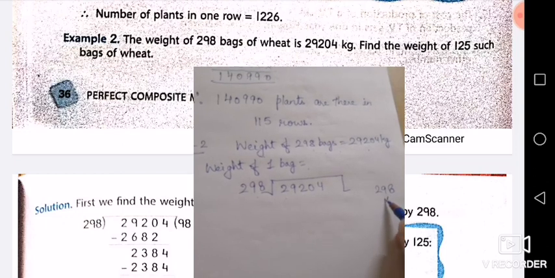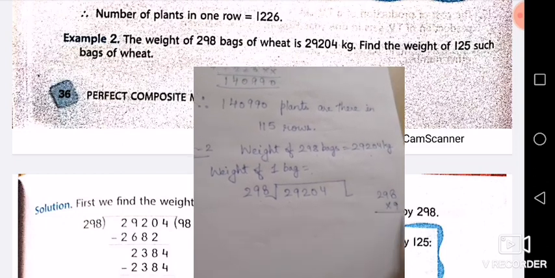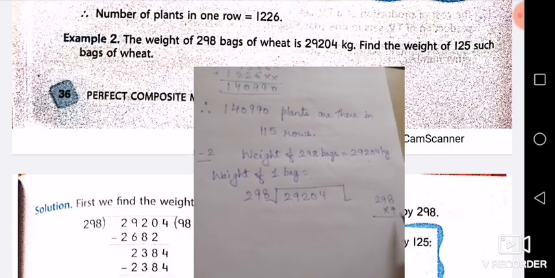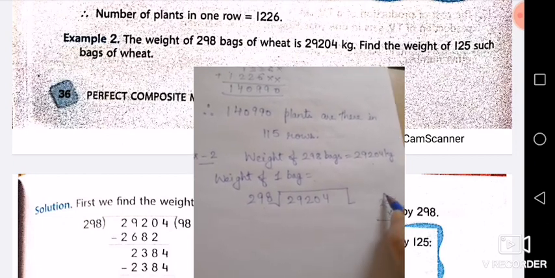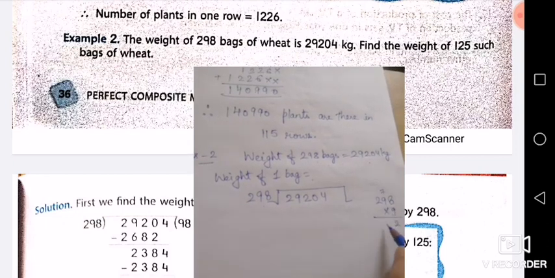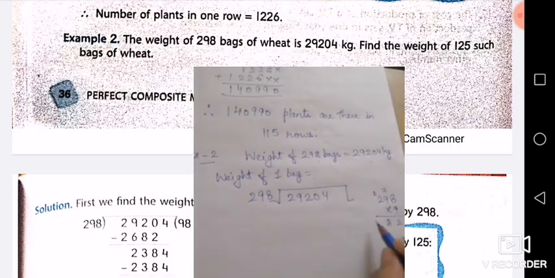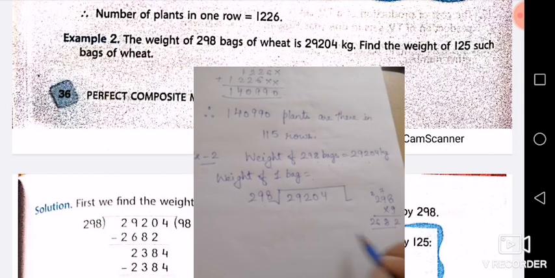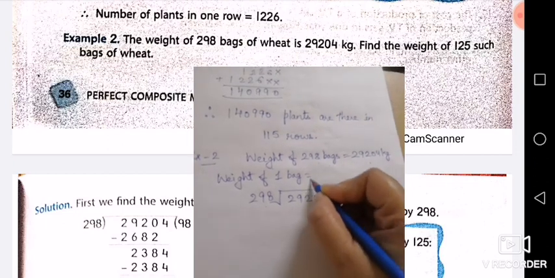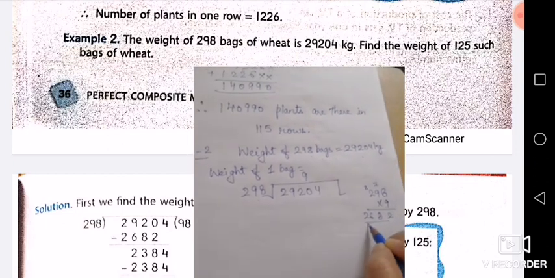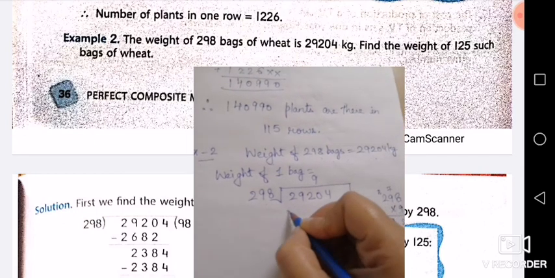okay, we will do it 9 times. If it will not go 9 times, we will do it 8 times. Now, 9 8s are 72, 7, 9 9s are 81 and 7 88, 9 2s are 18 and 8, that is 26. So, it will go 9 times only, we will write here 9 times, 2682, we will write here